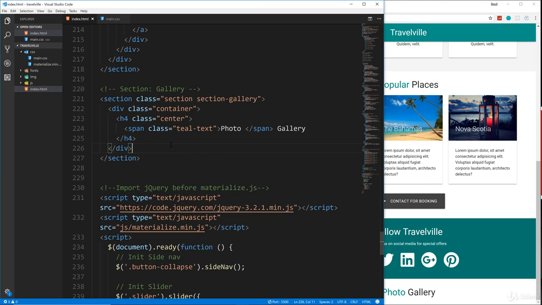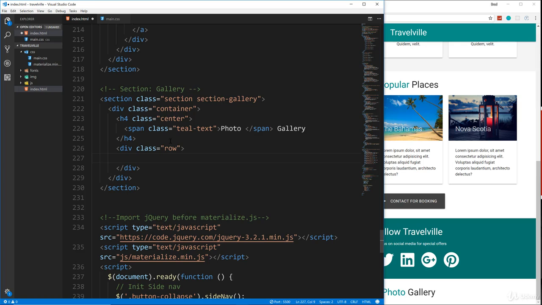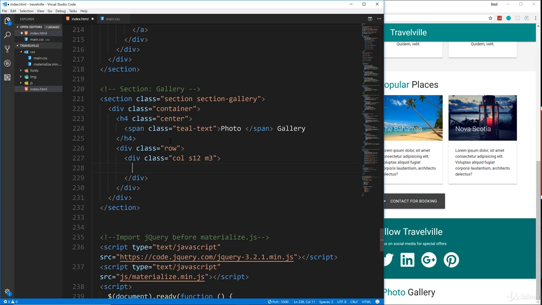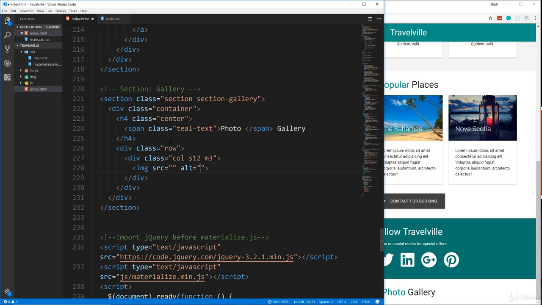So under the photo gallery h4, we're going to put in our row, and we're going to have a bunch of images. So we're going to have 4 3-column divs. Okay, so let's say .col s12, and then let's do m3. Okay, and then in each one of these we'll have an image, and then we're going to get this from unsplash.com. So I'm going to say https